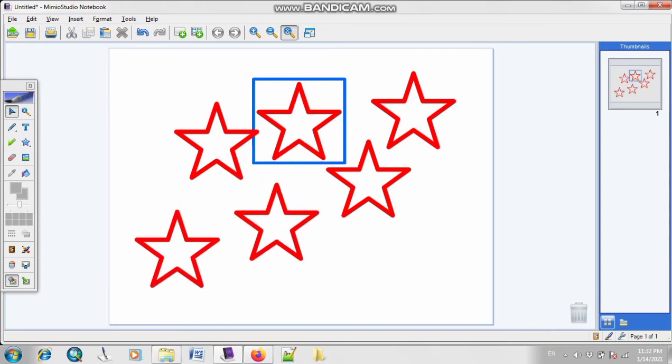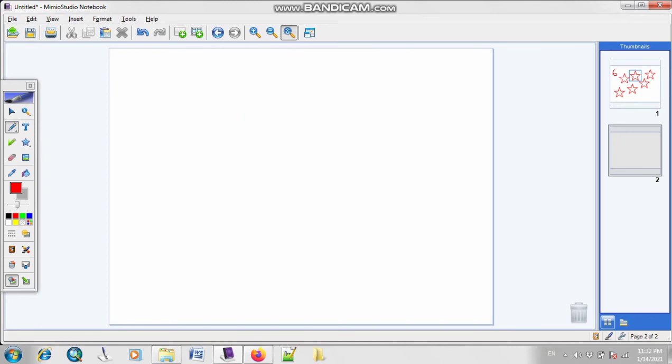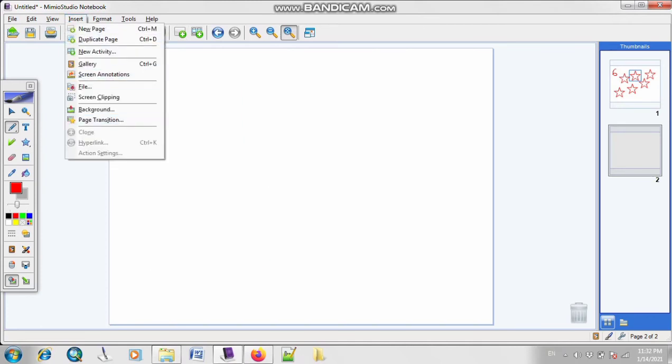You can use this clone method if you are working in your junior classes and you have introduced the number 7, then you can write over here 2 3 4 5 6. So here you can type number 6. How many stars do we have? 6. So you can use it. This is basically clone.